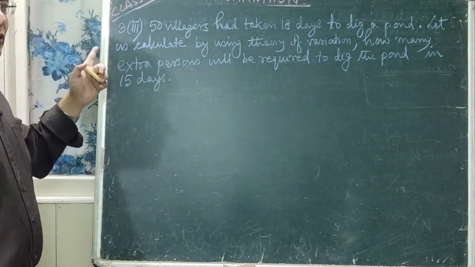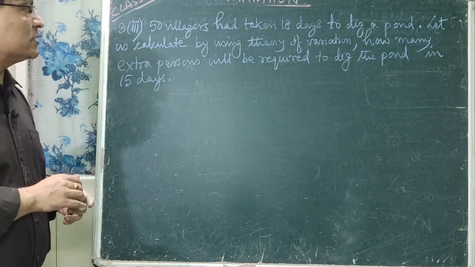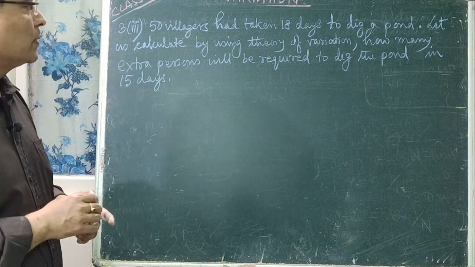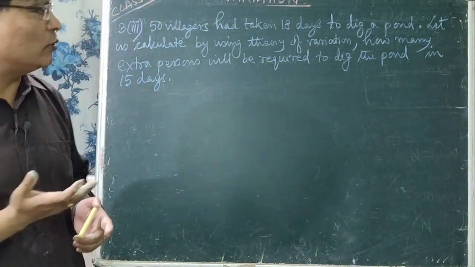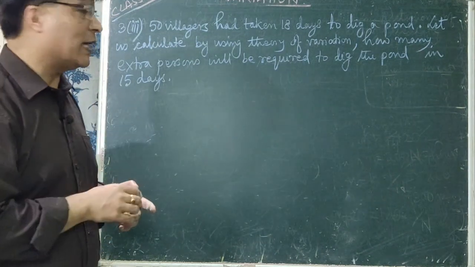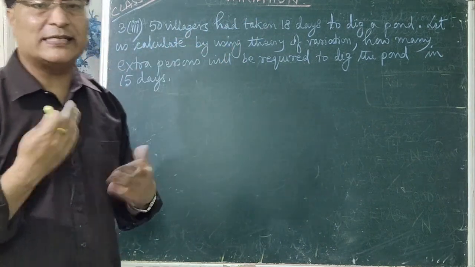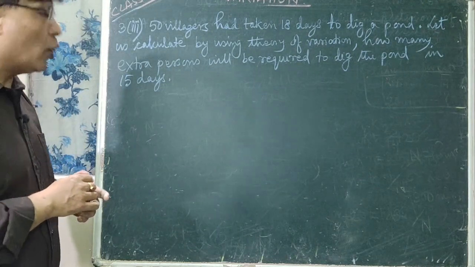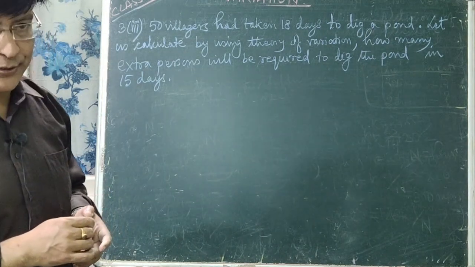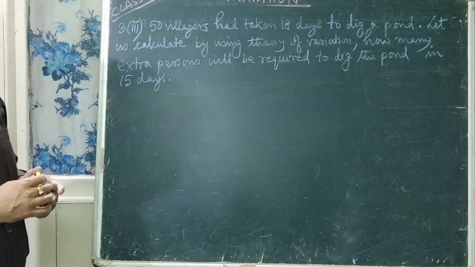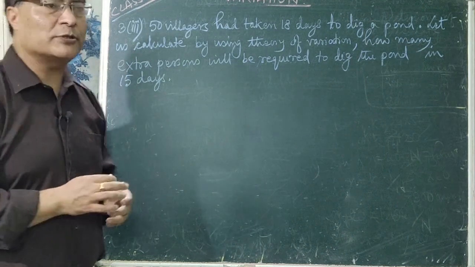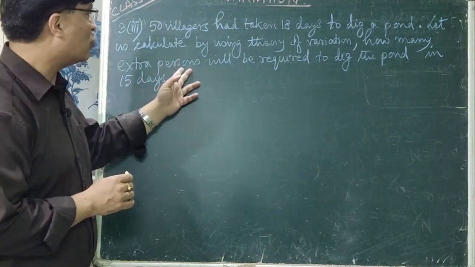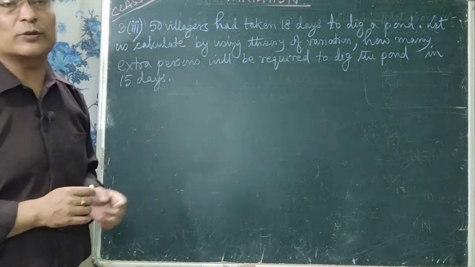So now we'll do question number 3 of number 3. The question is, 50 villagers had taken 18 days to dig a pond. त 50 जना गाउँलेहरूले 18 दिन लगाउँदैछ कुनै एउटा पन्ड भनेको पोखरी अथवा कुवा खन्नलाई। Let us calculate by using the theory of variation how many extra persons will be required to dig the pond in 15 days. अब 15 दिनमै सक्नु पर्छ भने अझै कति जना एक्स्ट्रा भिलेजर्सहरु थप्नु पर्छ भनेर सोध्दैछ।